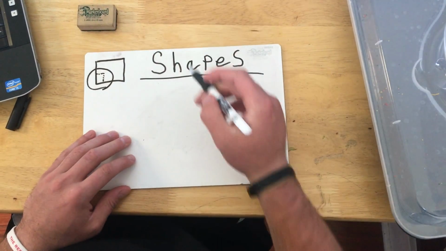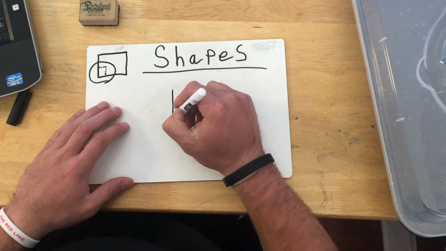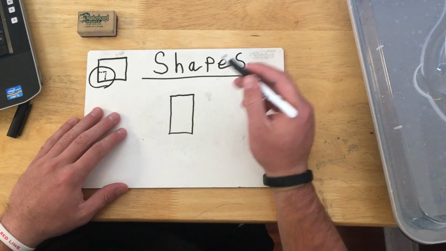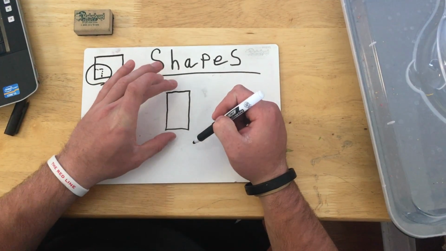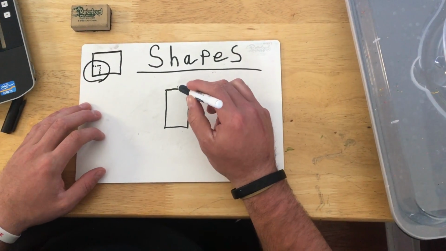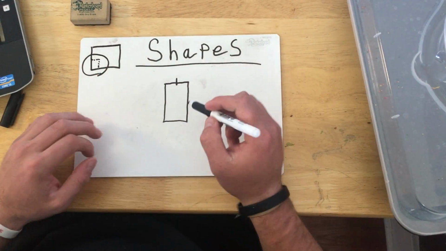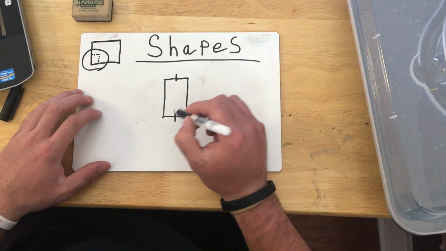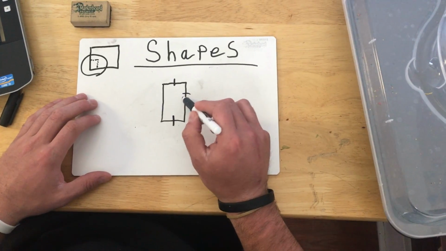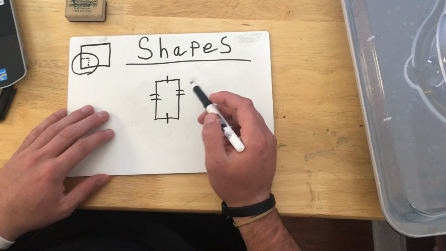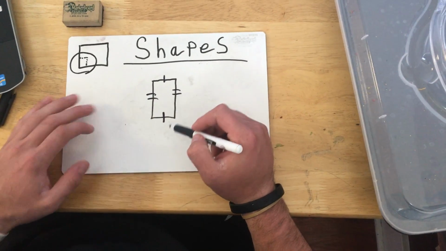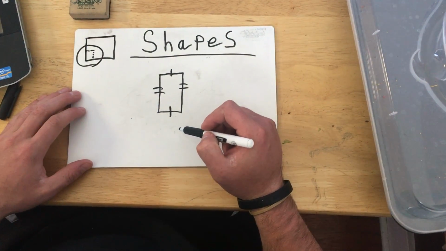Next we're going to talk about a rectangle. The rectangle is very similar to a square with 4 sides, although there are 2 sides that are different lengths. So the smaller side we're going to mark with 1 dash, as well as the other smaller side with 1 dash. And the 2 long sides we're going to mark with 2 dashes. That way they know that each side is very similar to the other,